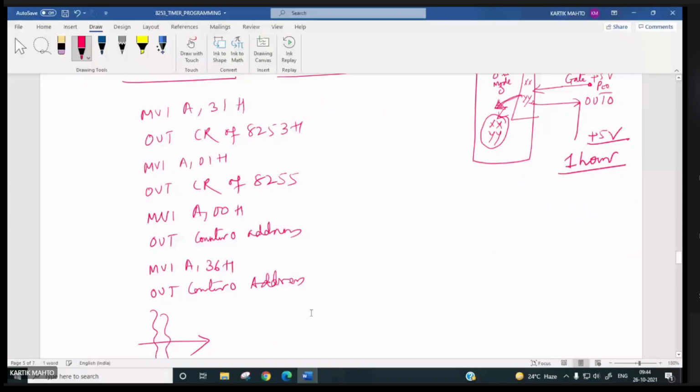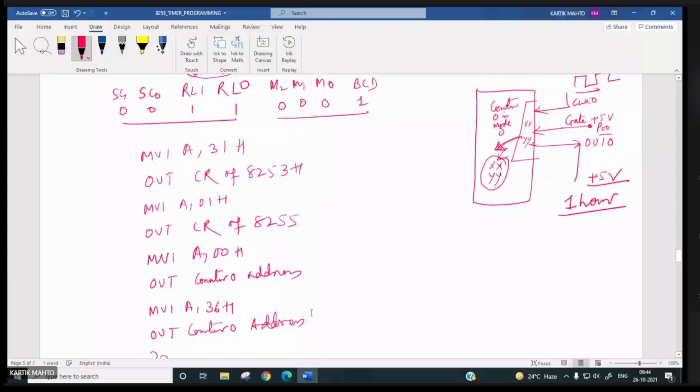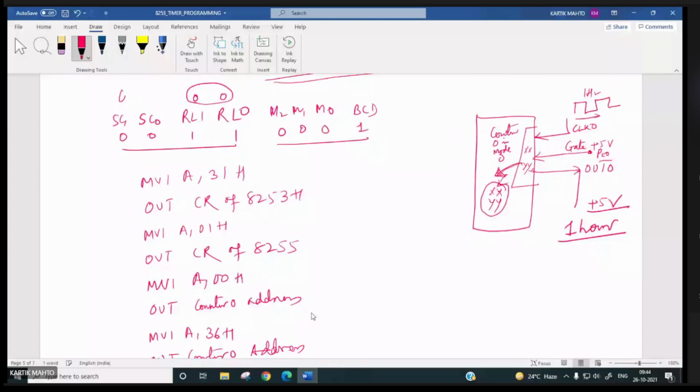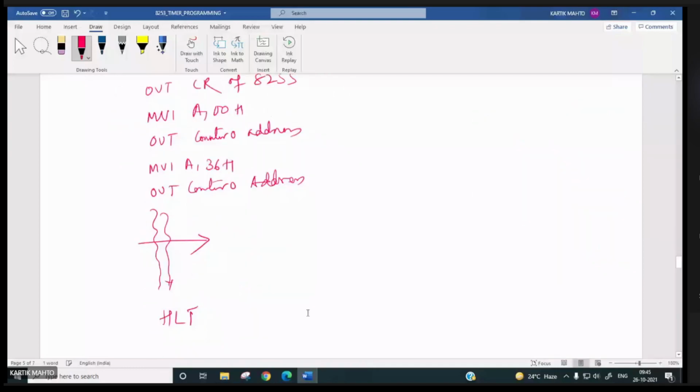So what will be the counter latch command? For latching, this has to be 00, 0001, so it will be 01. So in between, suppose we want to find out how much time has elapsed. MVI A, what?